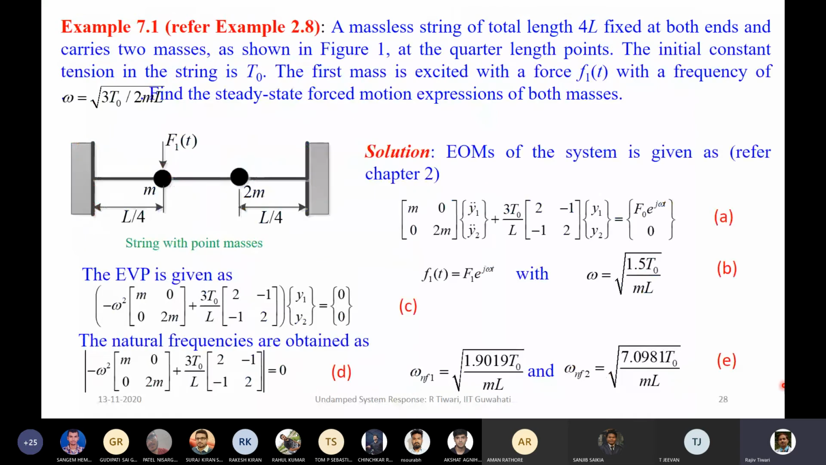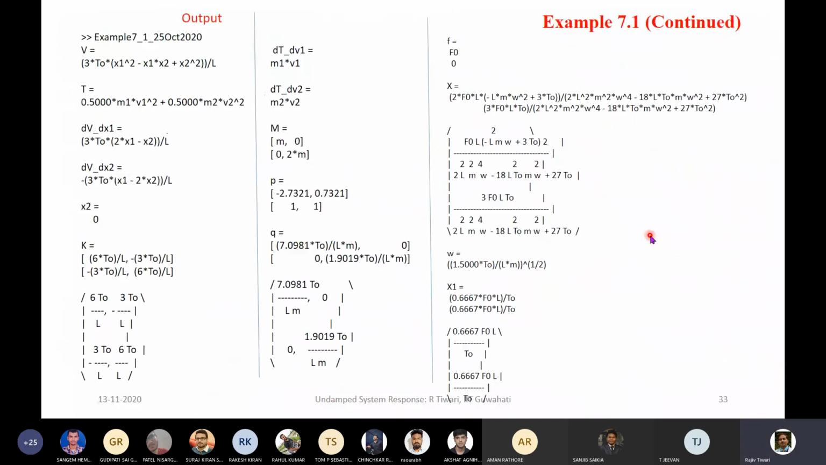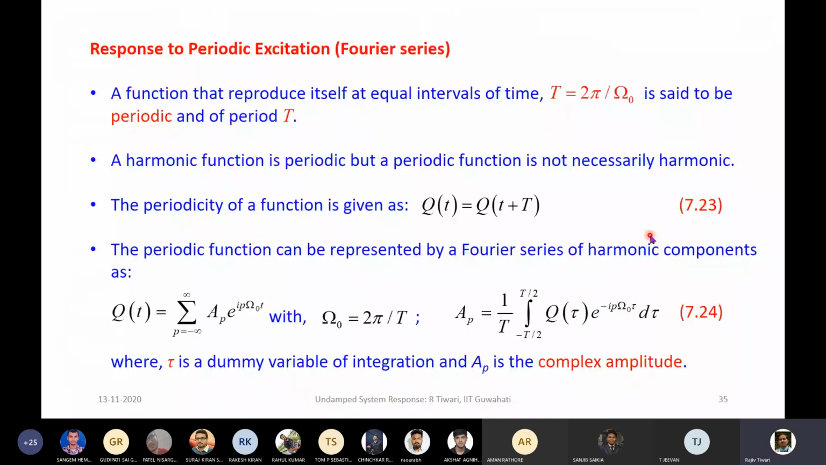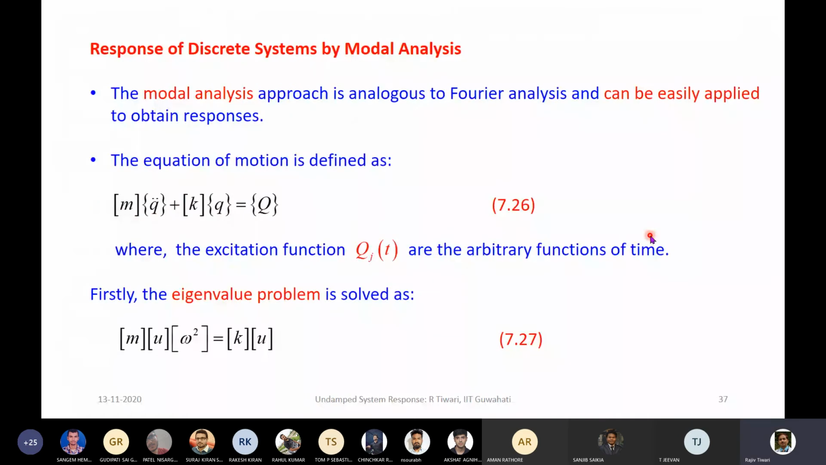In the most general case, if F2 also has a different frequency, that also can be tackled. So that I'm leaving to you: if F2 is also there, how will these expressions take shape. Periodic excitation is over. So now comes the